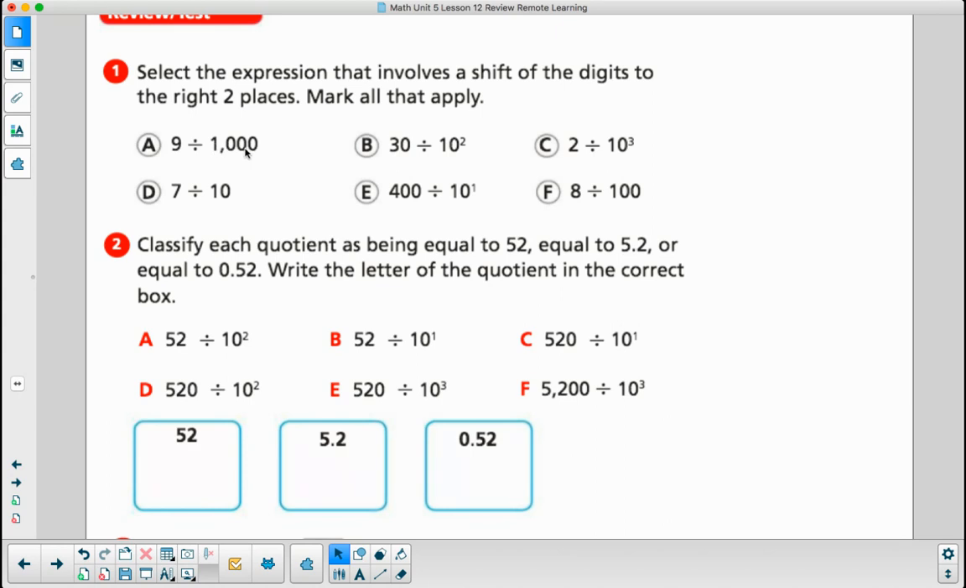I know when I divide by 1,000, my digits are shifting to the right because it is making it less. But when I divide by 1,000, I'm shifting 4 places to the right because they're saying my digits. 30 divided by 10 to the second power. So 10 to the second power is 100. The 2 tells me I'm shifting my digits 2 places to the right. So let me get my pen. And